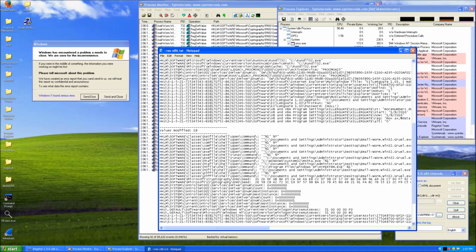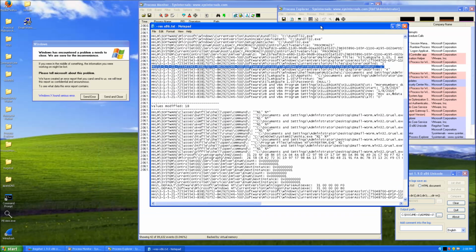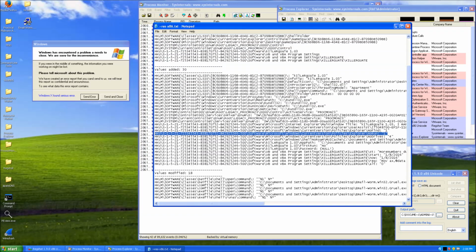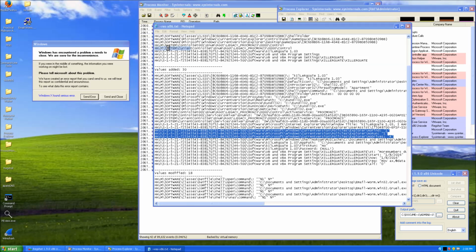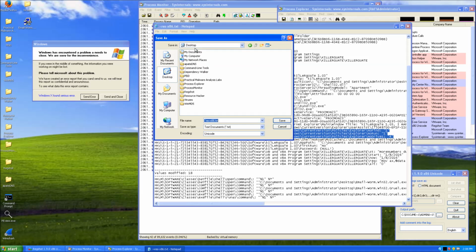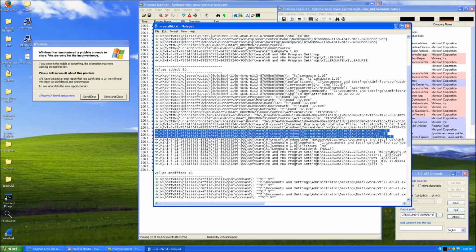And I'll also show you how it disables the Run and the drives and stuff like that. So these are the values right here. Basically, when I get Registry working, I will show you exactly the values where they are and stuff like that. But for now, let's continue with the